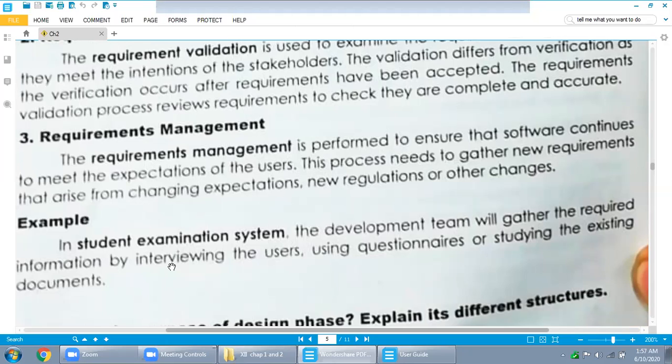In a firm or in a company, software houses, the system analyst is the person who is responsible to gather the information from the customer. So in a student examination system, let's say our Pakistan International School Taif examination system, they hire a development team. They hire means they give a project to a software house. Now that team will come to our school and they will gather the required information from them